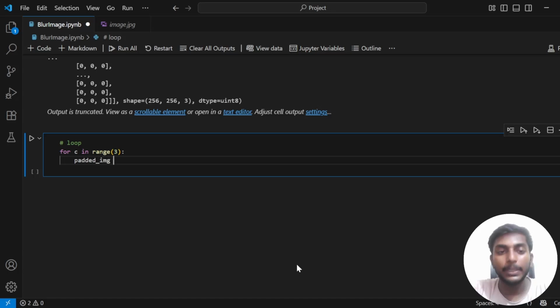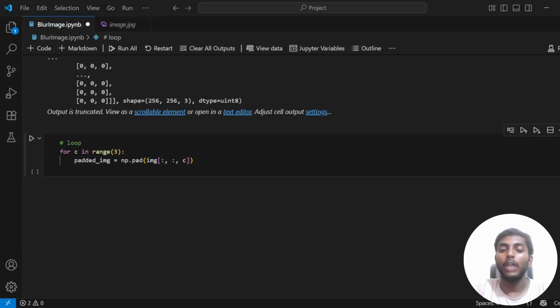padded image equals numpy dot pad. There is an option called numpy dot pad. It will pad the image, giving padding to it. Now we are going to take the image and, comma, the channel c. So for this channel we are working, all values with c equal to that value, we are going to pad that image only. So for that we pad the c values,